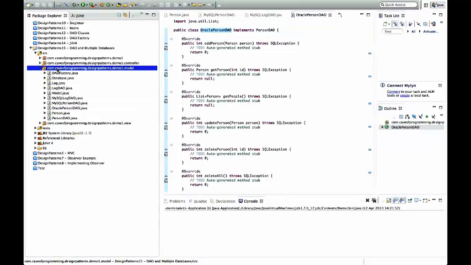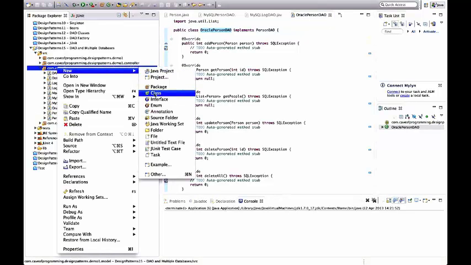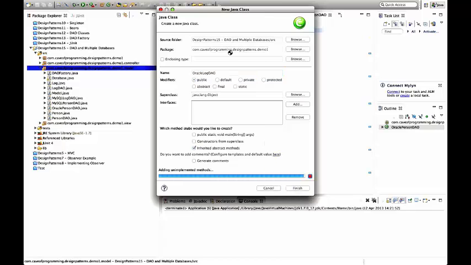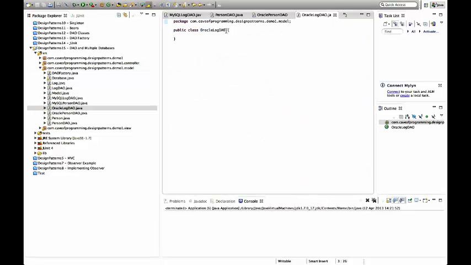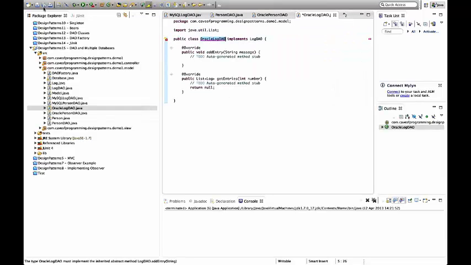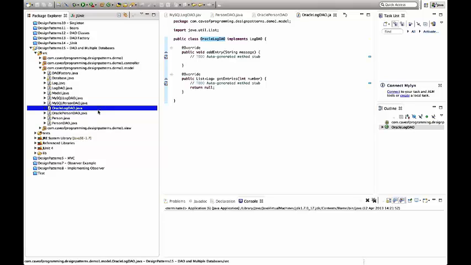And the same again for the log one, so I right-click the package, go to new class, and let's say Oracle log DAO for example, click finish. Don't know if there's a quicker way to do this. Implements log DAO, and just click the error, add unimplemented methods, and I can implement that one. And now I've got DAO objects that are for two different databases in this case, and I want to